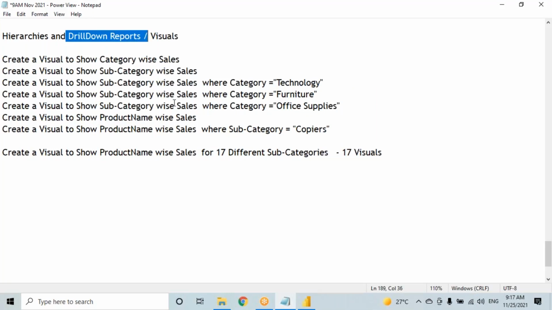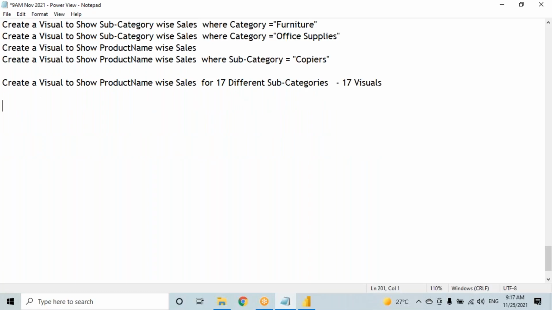Instead of creating 23 visuals, if you can create one drill down visual, you can show all the information in one place. What is the advantage by doing it like that? The developer will save time, and the client can see all the information in one place, guys. Let me show you how we can do it. So instead of creating about 23 visuals,